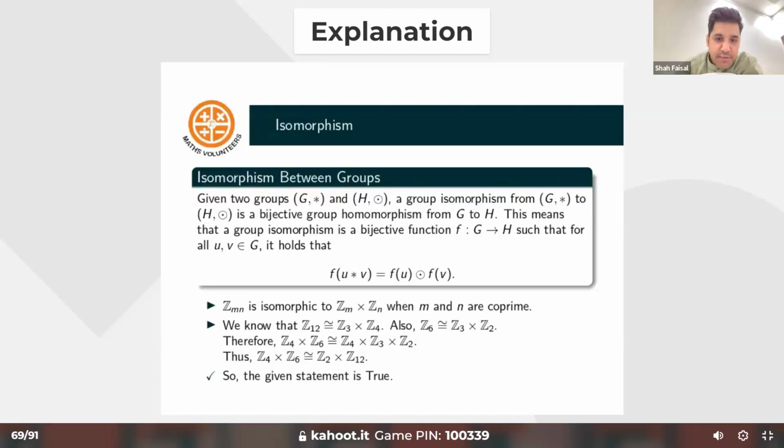So in the above option, for example, you just replace every factor and decompose it like this, and you see that you end up in the same group. So it would be a correct option.